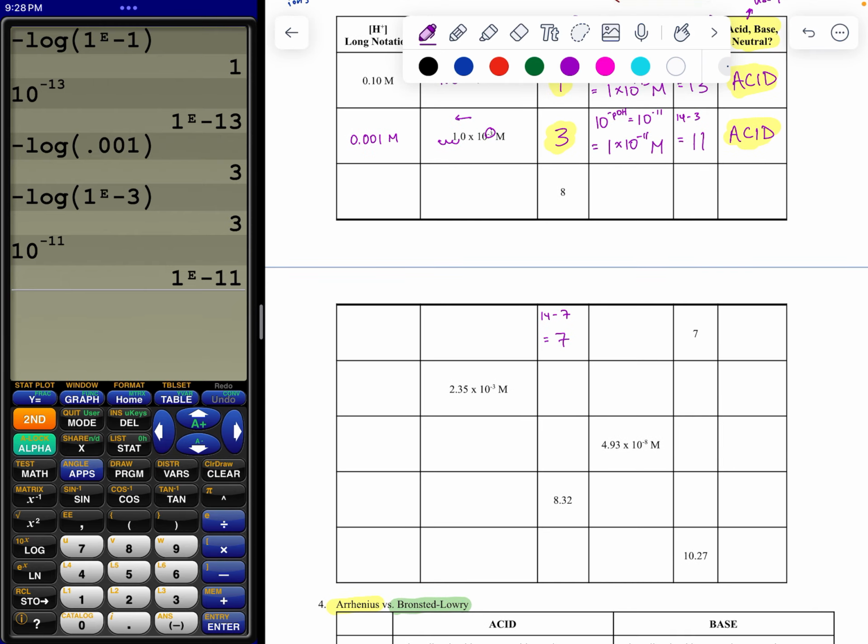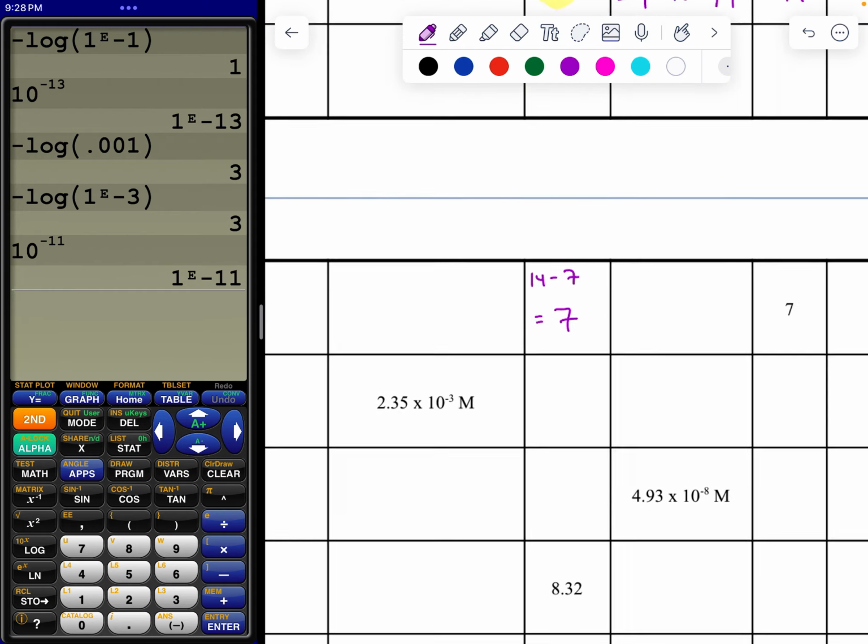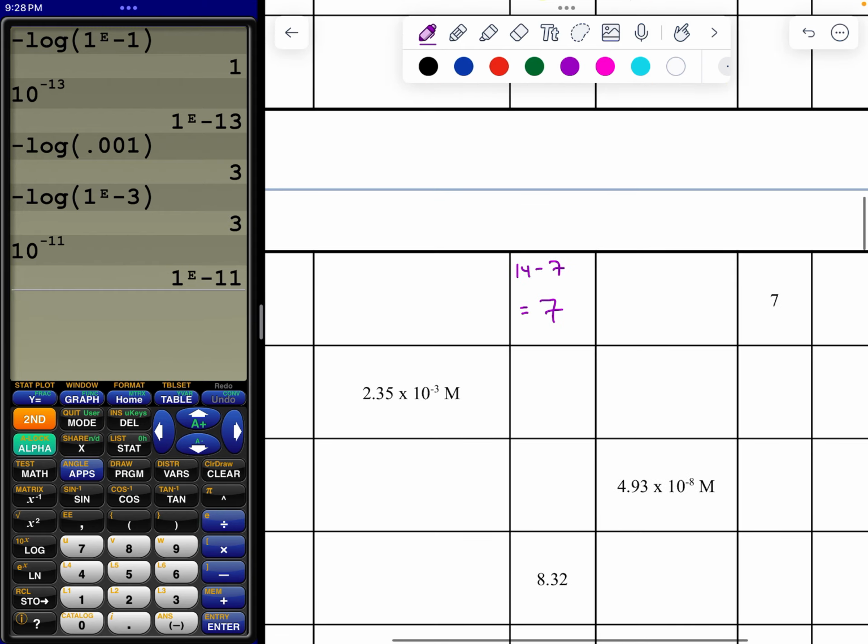So doing that, let's do the pOH first, since we're given that. The hydroxide ion concentration, the OH minus, is going to be 10 to the negative pOH. So 10 to the negative 7,